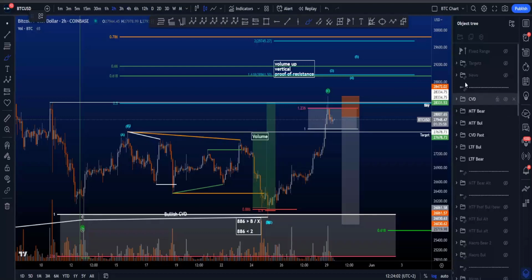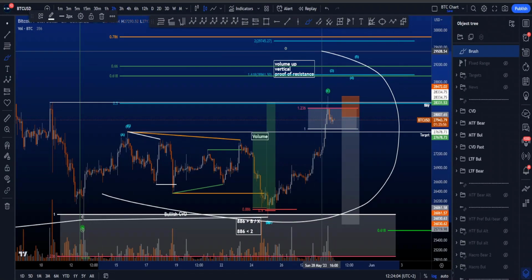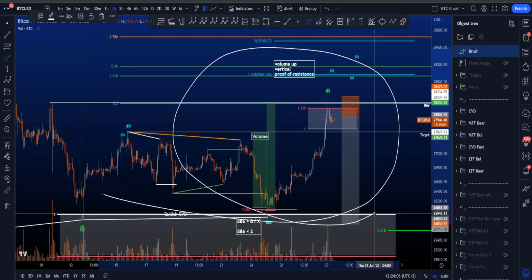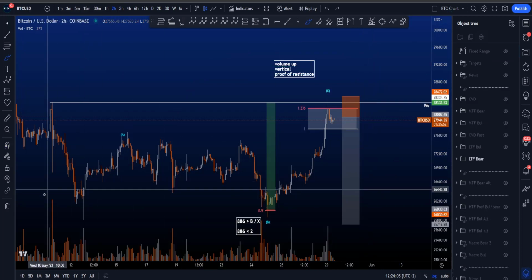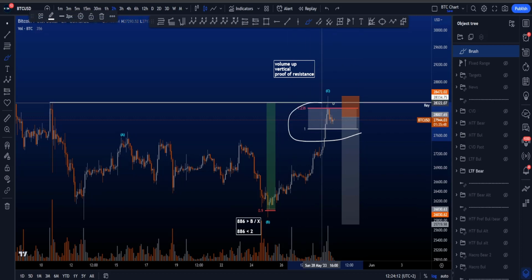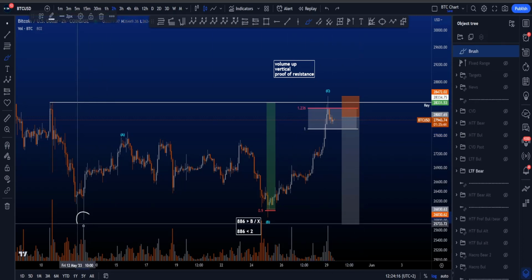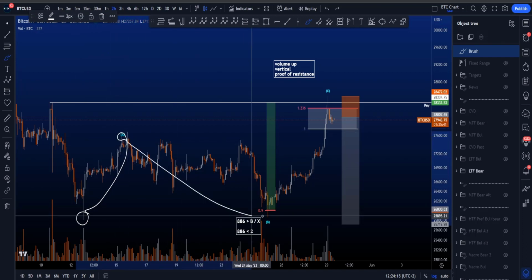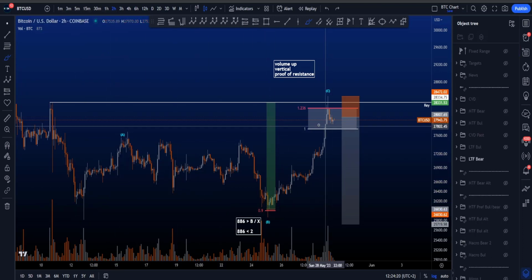Hi everyone, let's go over my bullish and bearish low time frame and medium time frame Elliott Wave scenarios on Bitcoin. Starting with the low time frame bearish scenario, where we've been looking for a three-wave structure in an ABC, with the most common target area for wave C being between the 1 and the 1.236 trend-based fib extension taken from the low to the high of A to the low of wave B, which as you can see has